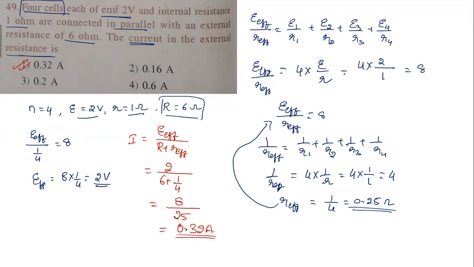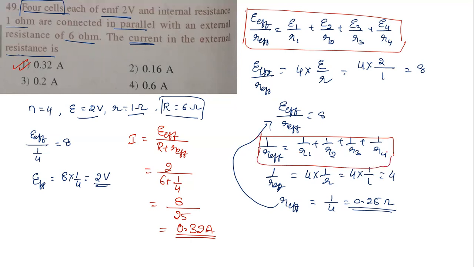There is an option. The first option. Whenever they give a parallel combination, use this formula and find individually, and then use this formula. Then it will be easy for you to find R effective and E effective. Okay, find that and look at the answers. Yeah, let us go for the next question now.